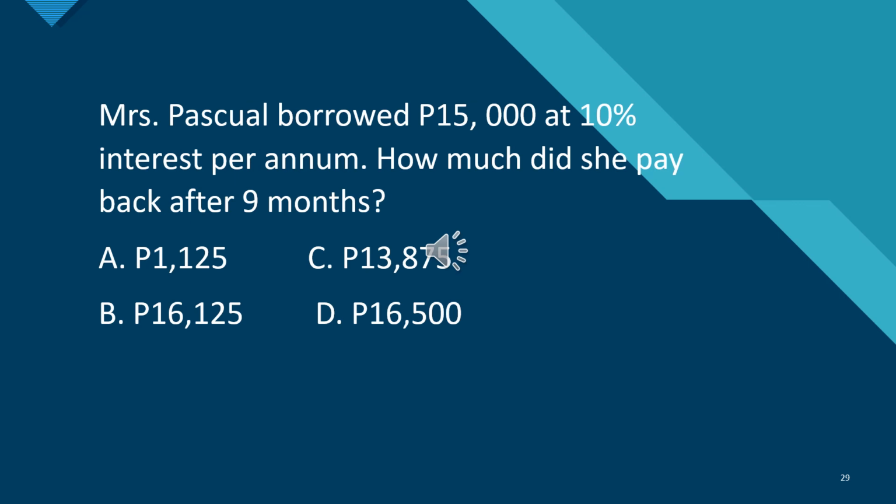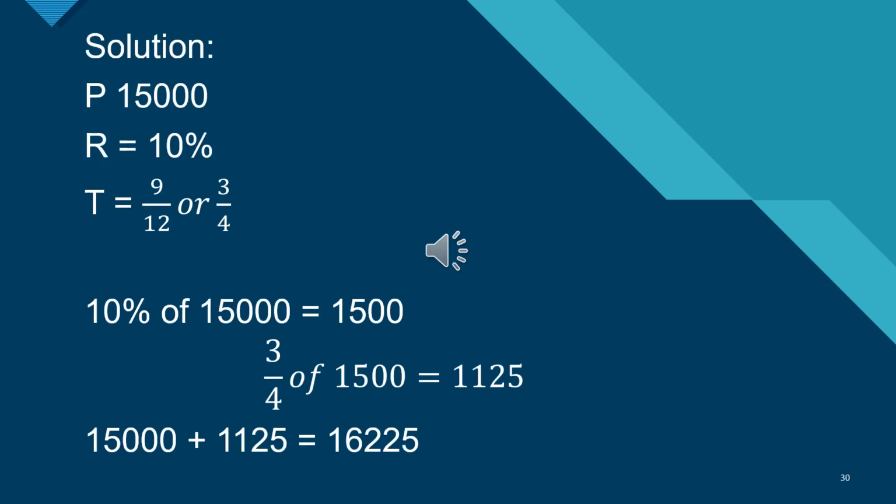For our last problem, it says here, Mrs. Pascual borrowed 15,000 at 10% interest rate per annum. How much did she pay back after 9 months? The choices are A, 1,125, B, 16,125, C, 13,875, and D, 16,500. Since this is a case of simple interest problem, then we will make use of the formula of simple